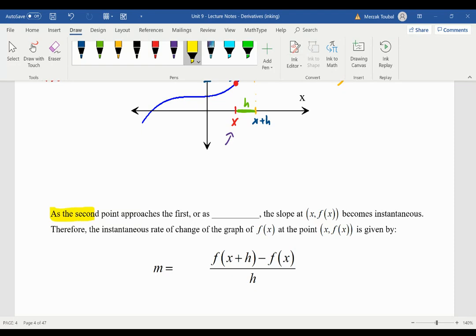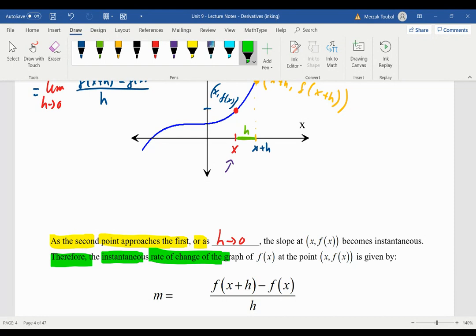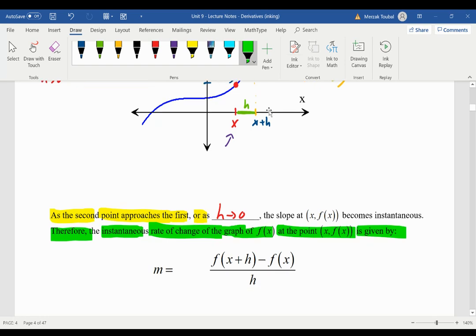So we say as the second point, let's look at the figure, as the second point approaches the first point, or as h approaches 0, the slope at x, f of x becomes instantaneous. Therefore, the instantaneous rate of change of the graph of f of x at the point x, f of x is given by the formula we just derived,